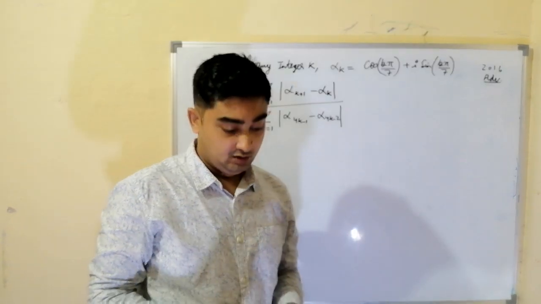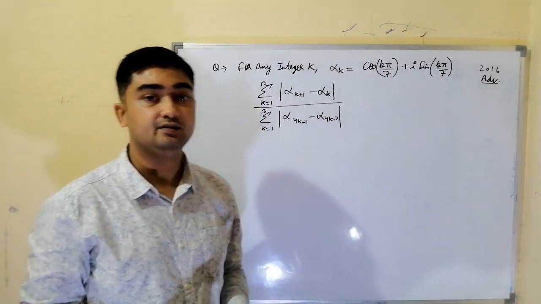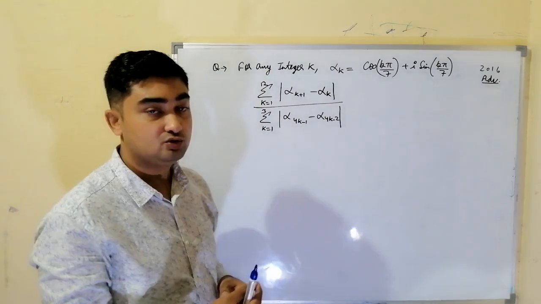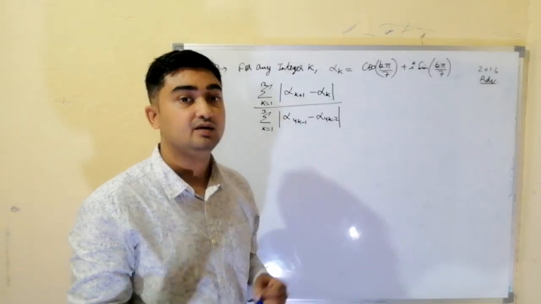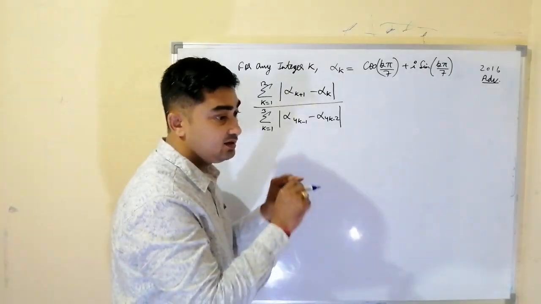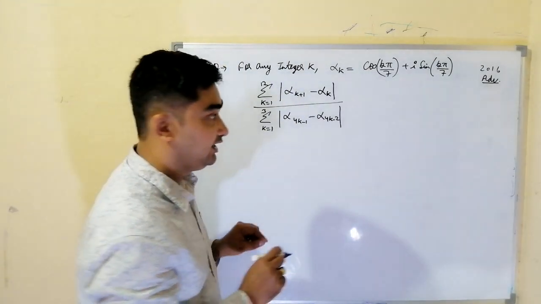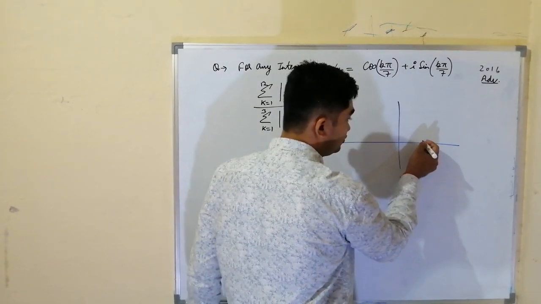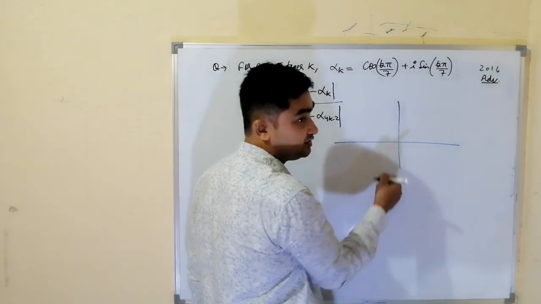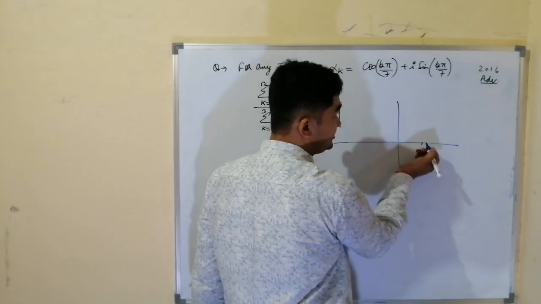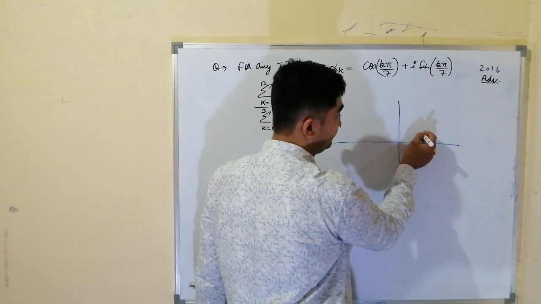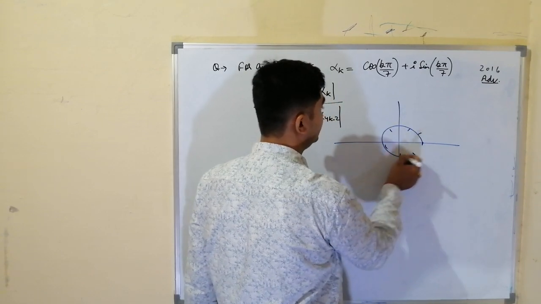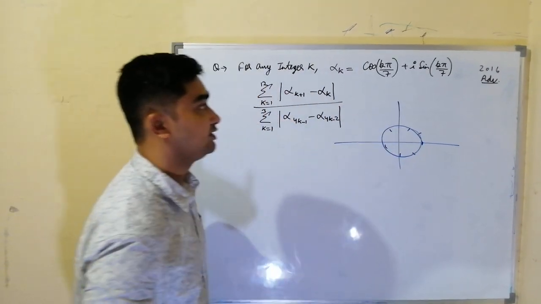And we know that the arguments of nth roots of unity are in AP, and they make a regular polygon. If we plot them, they will make a regular polygon. So 7th root means this 360 will be divided in 7 parts. First will be 0, k can be put 0, then 1, 2, 3, 4, 5, 6, 7. Somewhere 7 parts it will be divided. For everything, modulus is 1.